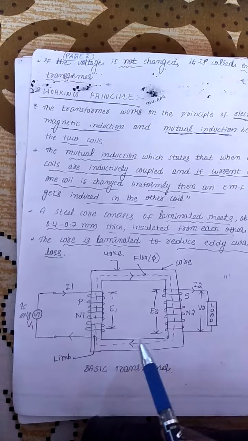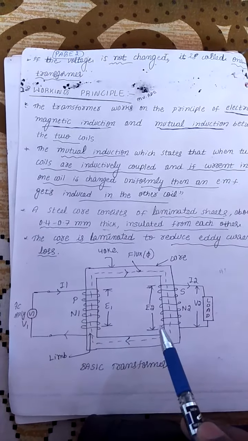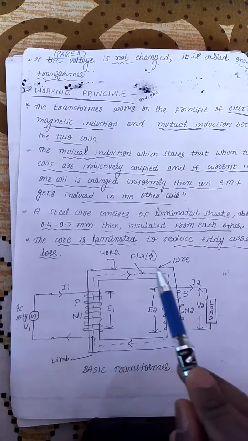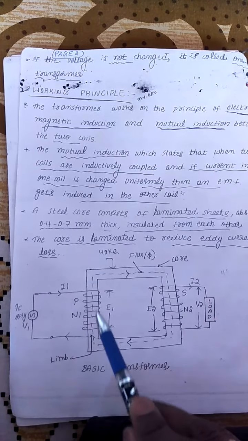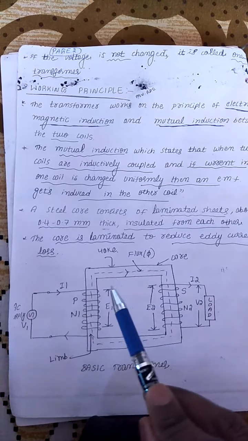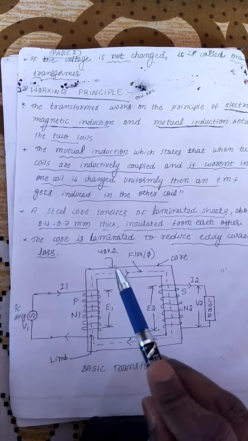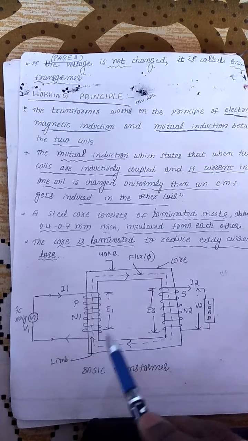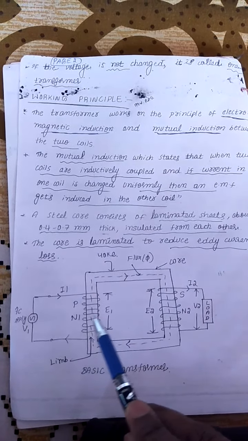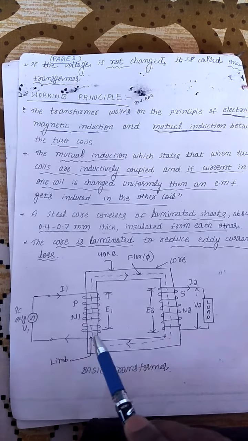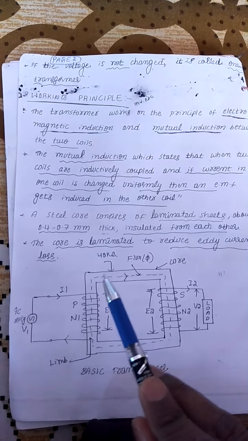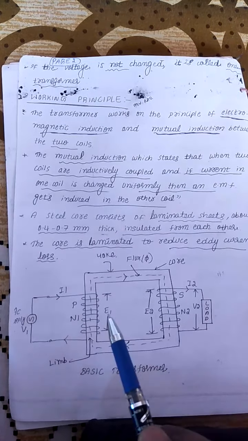So this is one of the basic transformers. Here, this one has a steel lamination. This one we call the core. The core has two parts, yoke and limb. The vertical part we call a limb, where you can find the number of turns wound on this steel lamination. The yoke is the horizontal part of the steel lamination.